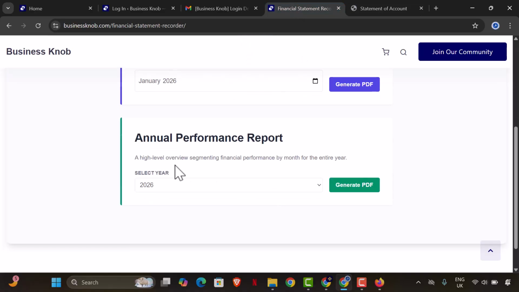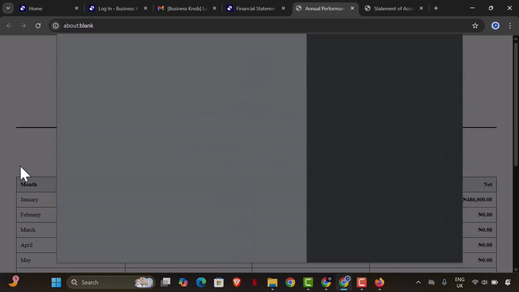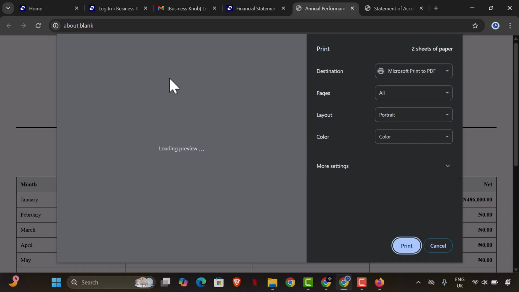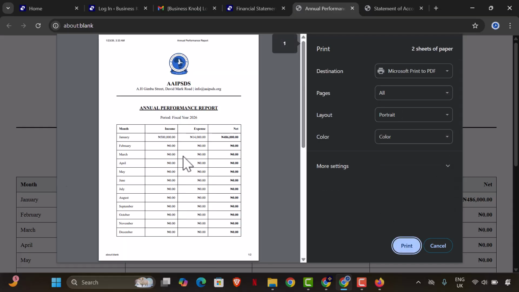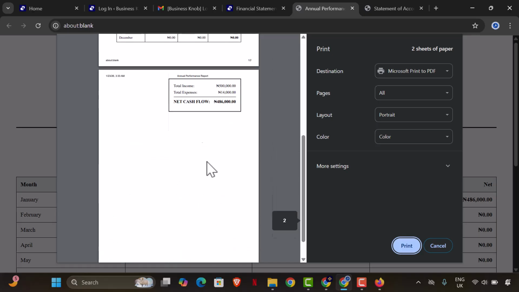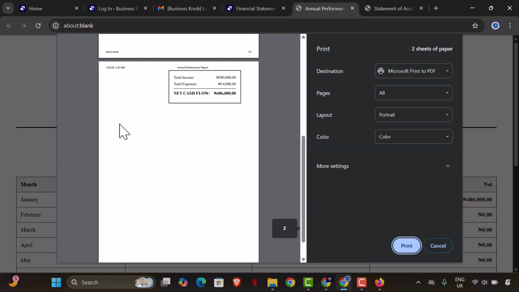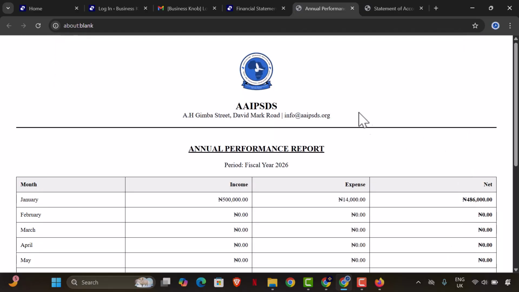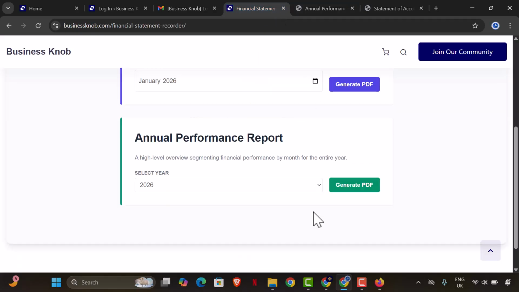You could generate for annual. This is where you're going to generate that. You could select the year. So you could generate PDF right here, and you see we are still in January, and we only have the financial statement for January. We don't have it for February, but by the end of the year, you can get your net cash flow financial statements. So that is that basically. But before I go,